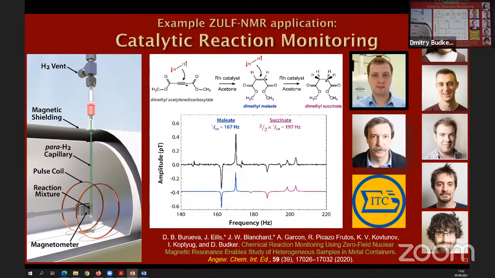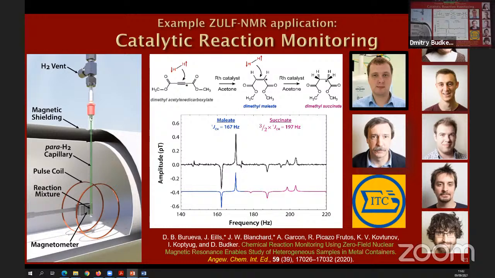And the other thing is, you can do static measurements, but when you're studying, for instance, catalysis, you want to see the dynamics of a reaction. And so here we demonstrate a measurement inside a metal container, by the way, using a commercial magnetometer here, and also monitoring of